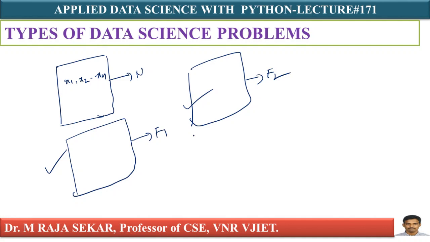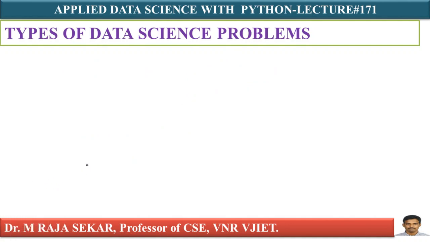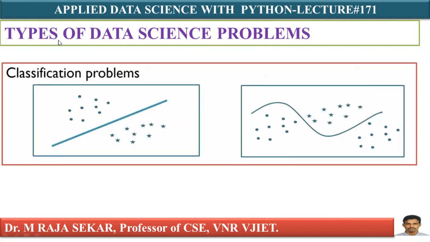Classification problems are very important in engineering context. We will look at examples of both binary classification and multi-class classification as we go through the series of lectures. So in summary, one type of problem that we are interested in data science is classification problems. In this lecture I discussed binary classification and multi-class classification, where we can see three classes: f1, f2 and normal.